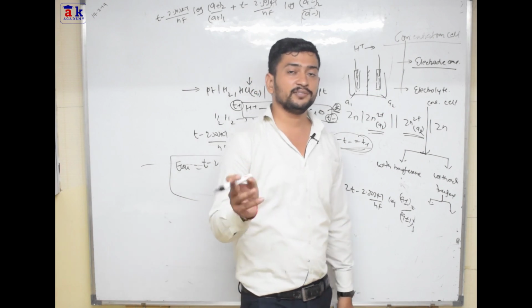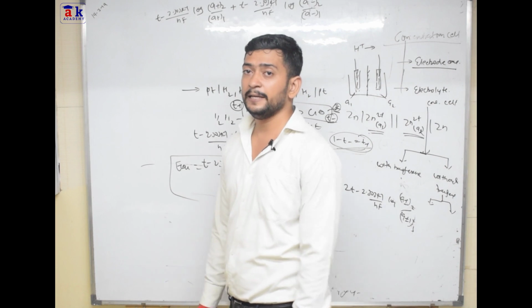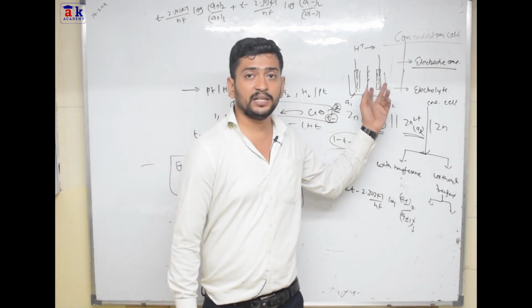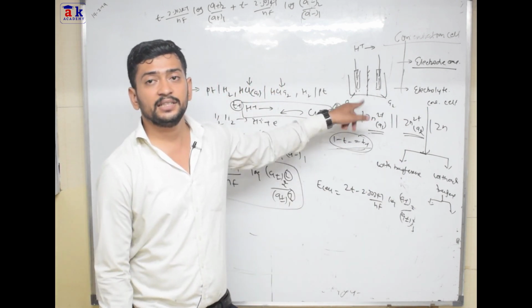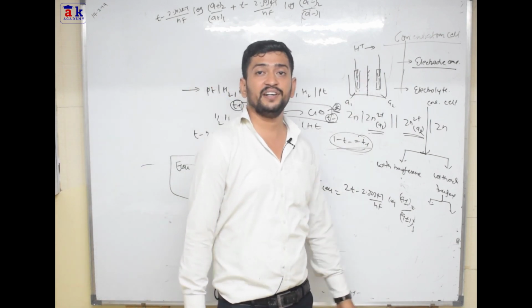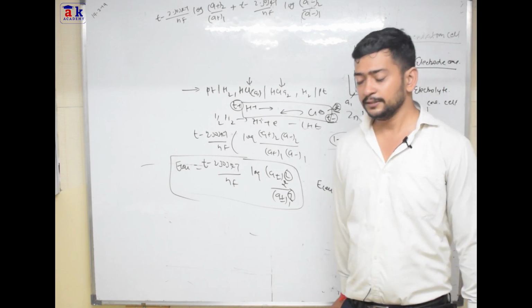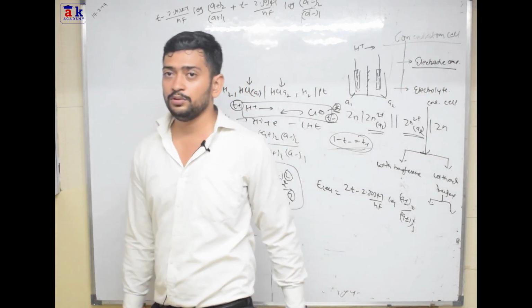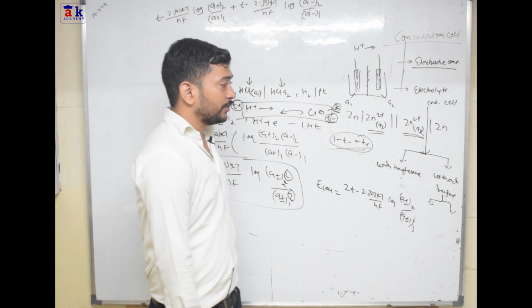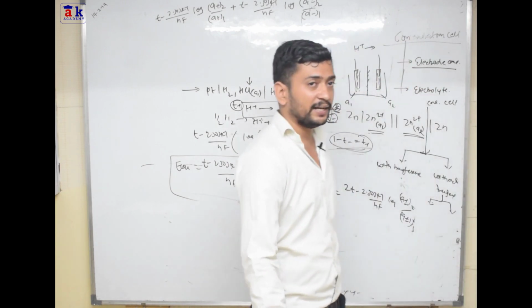So in this case, a concentration gradient will develop. If the concentration gradient is there, definitely there will be charge development. If there is charge development, what will happen? If here we have charge development, then this development of the charge on the junction is called the liquid junction potential. Understood? So this is basically the liquid junction potential, and we also understood how it arises. Now in this video we are also going to find how we can calculate the liquid junction potential. Now let's see how we can calculate it.